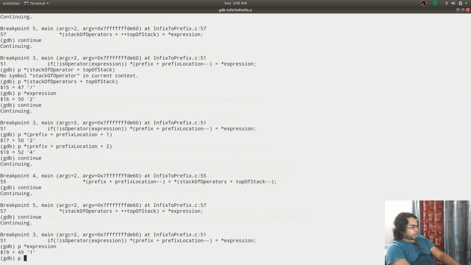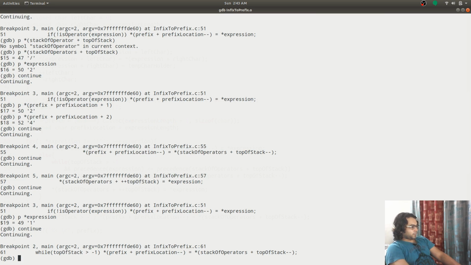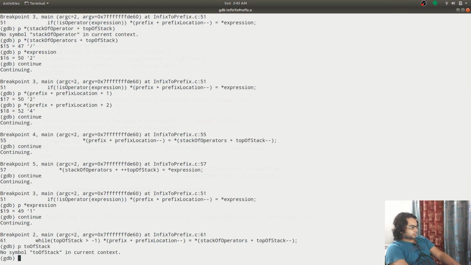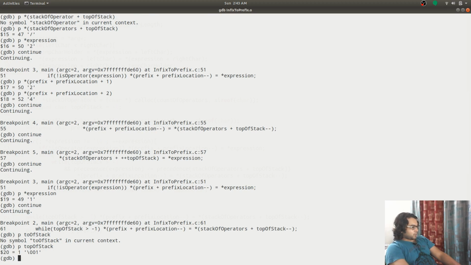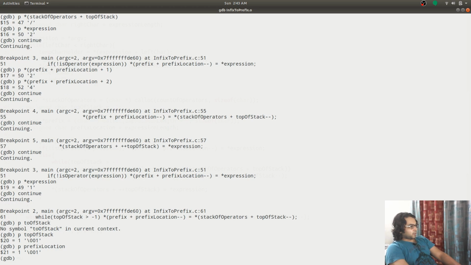I'm going to print, and let us say continue, and print top of stack is 1, and print prefix location is 1.